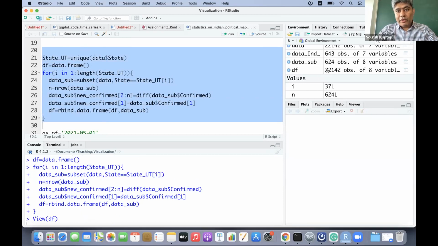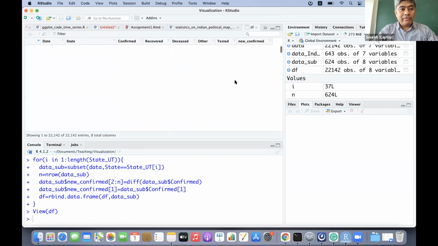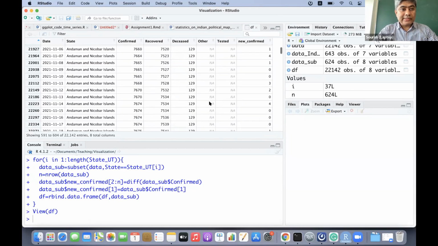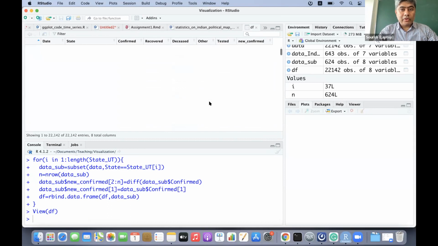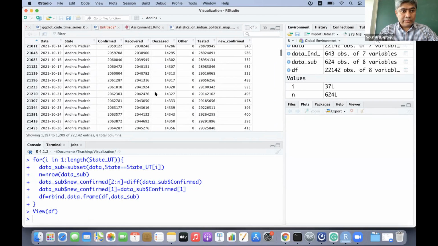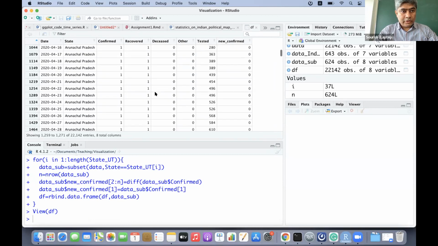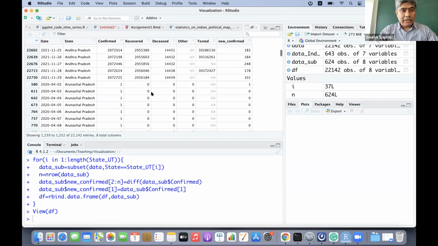Now I have the data frame with all the new confirmed cases. If we go to the end of the first 600 rows, after Andaman Nicobar, you can see Andhra Pradesh on 29/11/2021, the last-but-one day, had observed 101 cases.